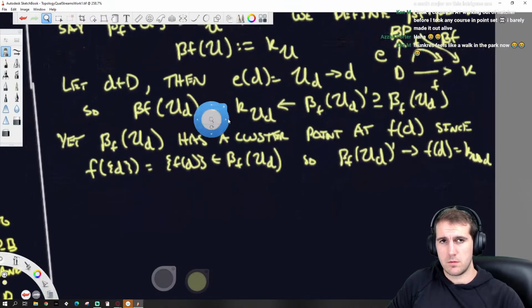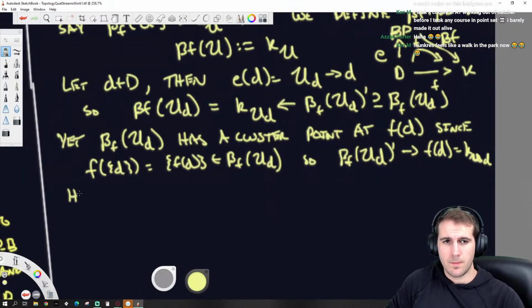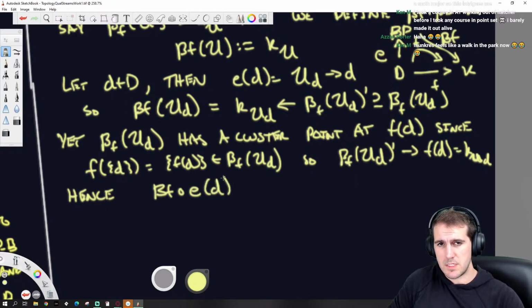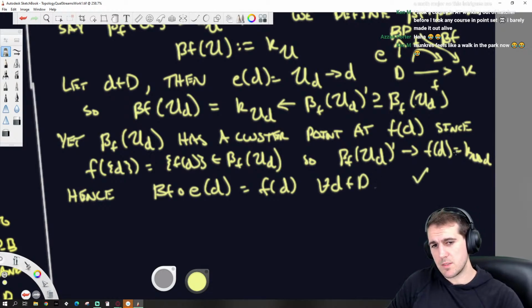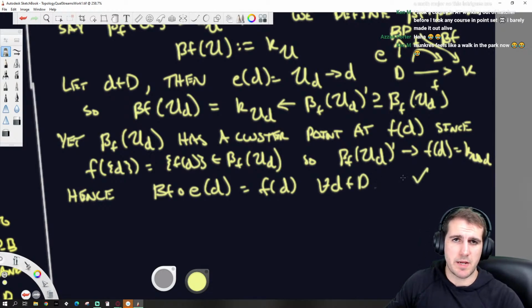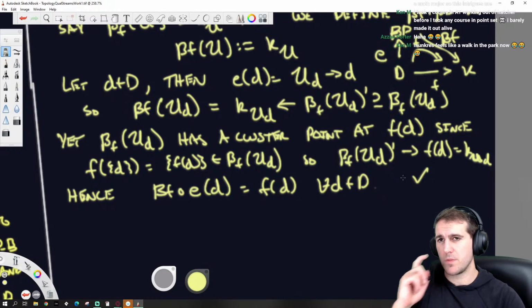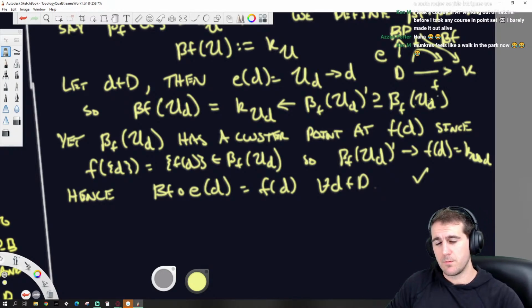So hence beta f of E of d is equal to f of d for every d within D. And so the function beta f is extending the function f in the right way. So this arrow is doing what it's supposed to do.